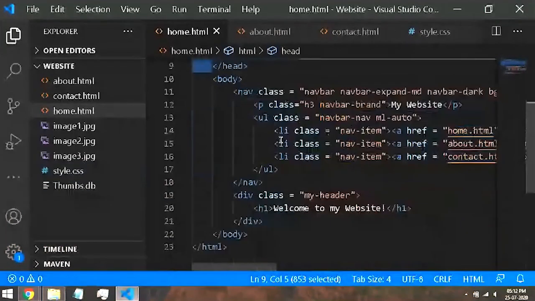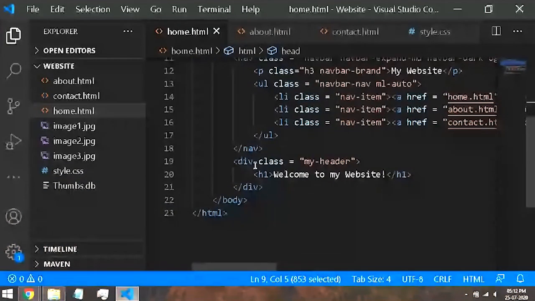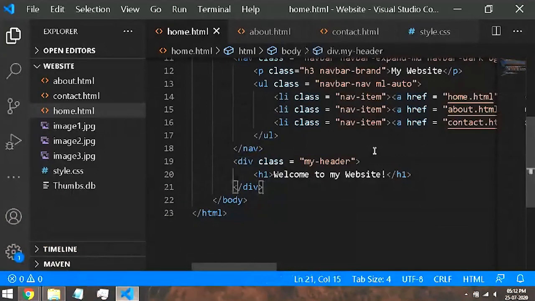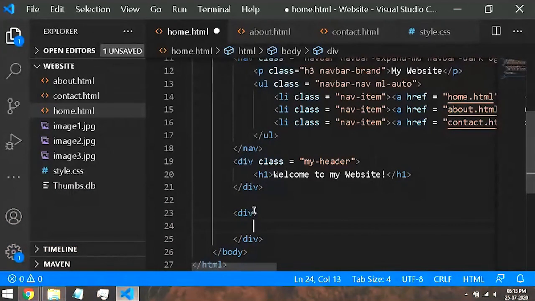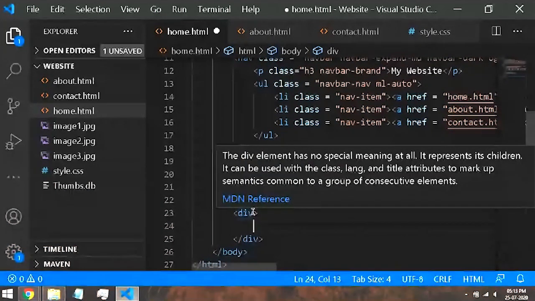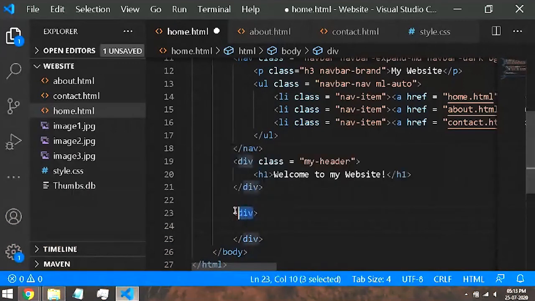Okay, so let's add it below our welcome to my website element. Let's add it below. So a carousel. So for that, we need a division. And within this division, also keep in mind that HTML is a case insensitive markup language. What does that mean?